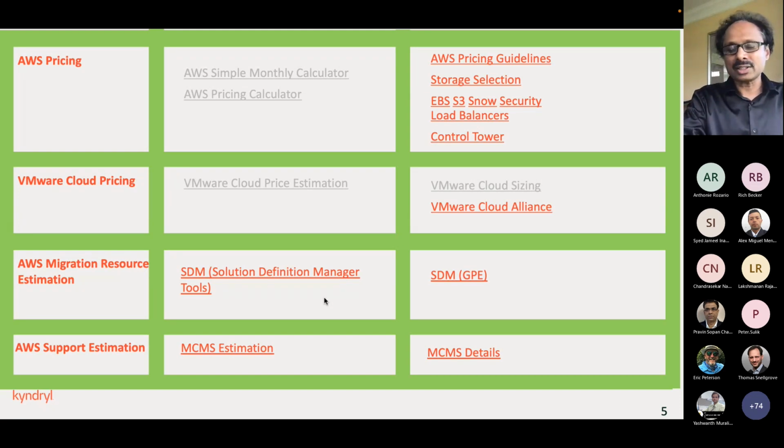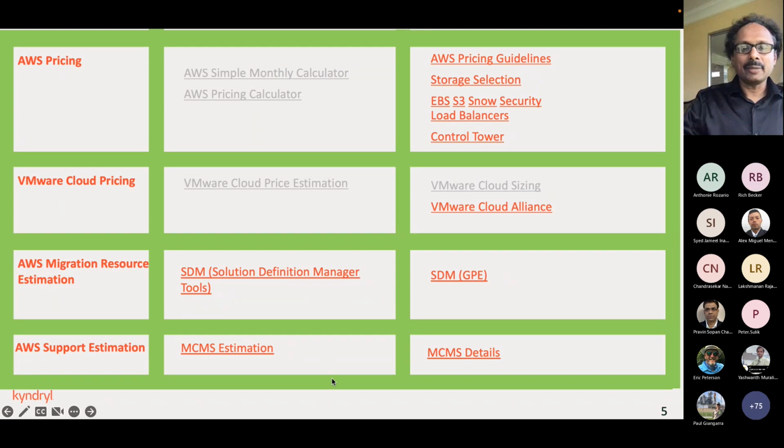And we have different organizations within Kyndryl: Cloud Migration Factory, A&IS, MCID. Those are some of the teams that will help us come up with a migration resource estimation. And once you collect these resource estimations, you can put them in the SDM and add your GP, and that's how you get your migration cost or migration price.